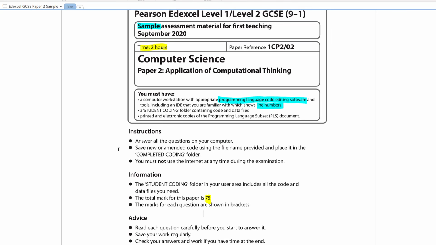So if you are spending about a minute per mark, you've got 45 minutes spare at the end to check. Now, for many people that will be fanciful to say. It will often take a lot longer because you are having to debug and design these programs and so on, but it's worth being aware that you may have some lax time if you are strict with how long you're